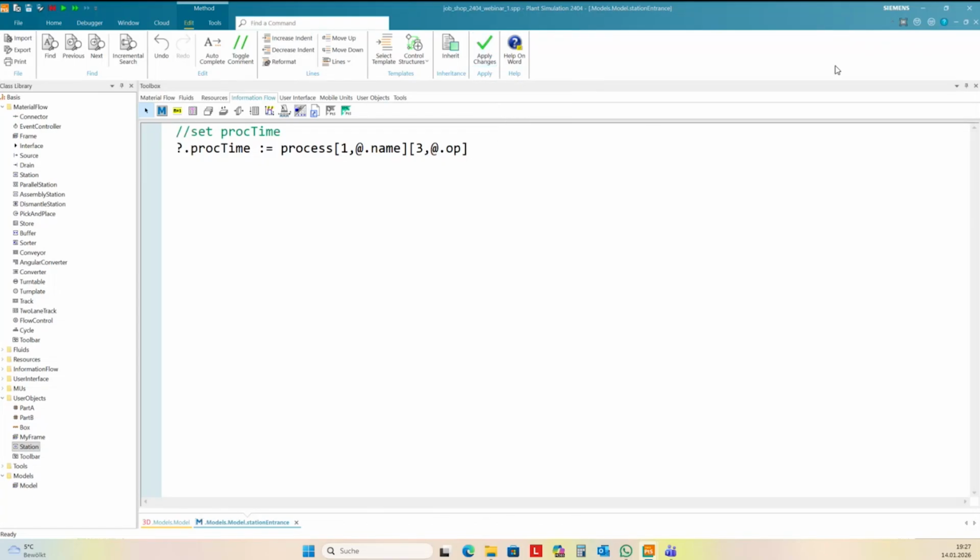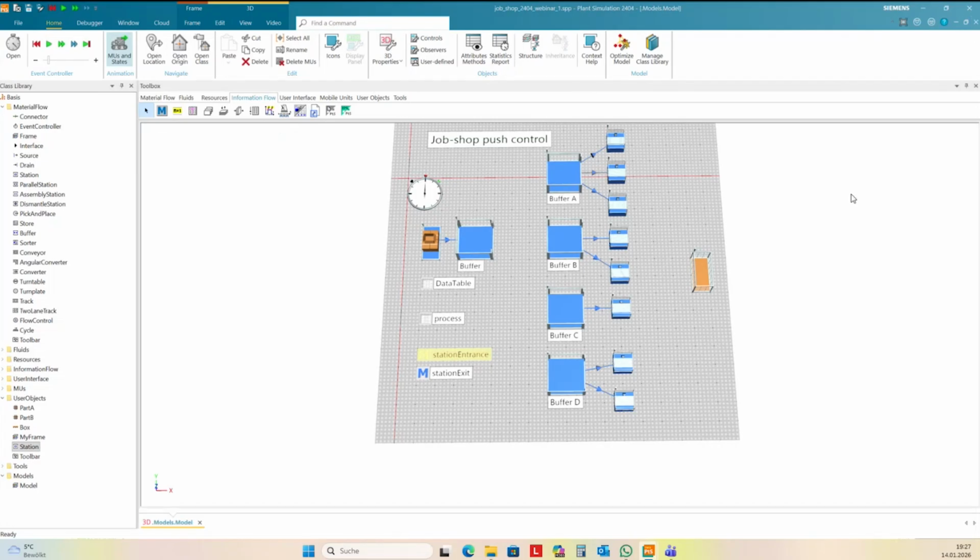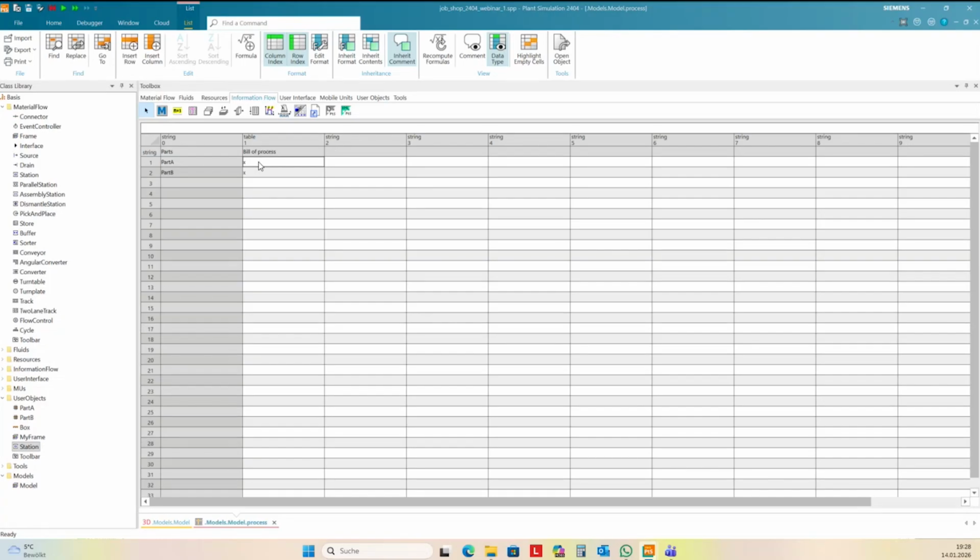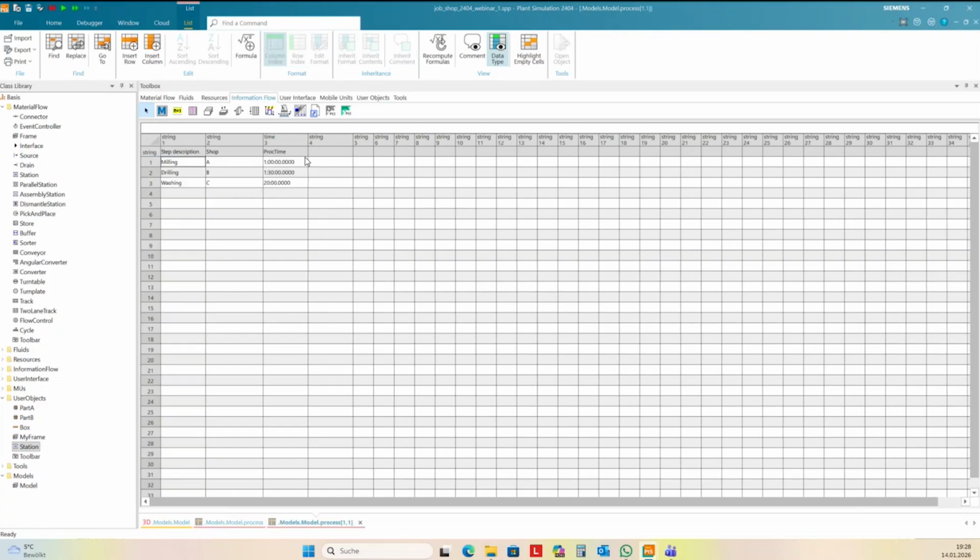Okay, this is the first method I need to set from my process. First column, the name of the part. This is a subtable. Proc time is in the third column, and this is the step 1, 2, 3, and here I find the processing time for each step, for each part.